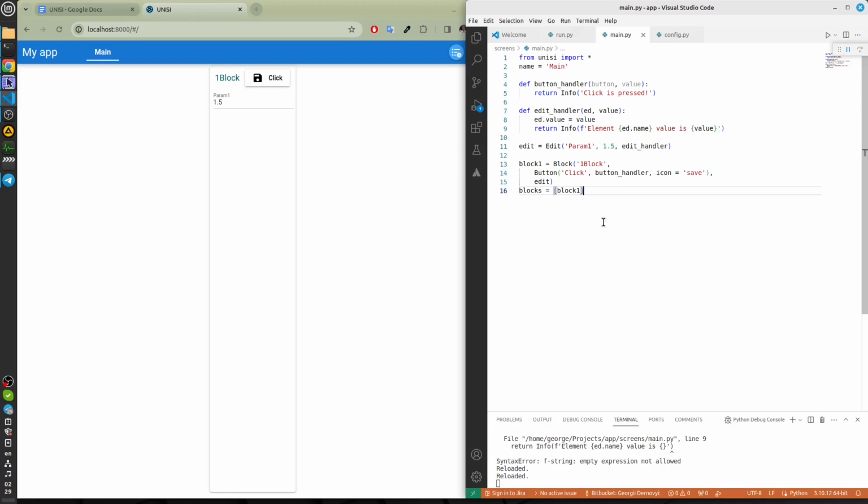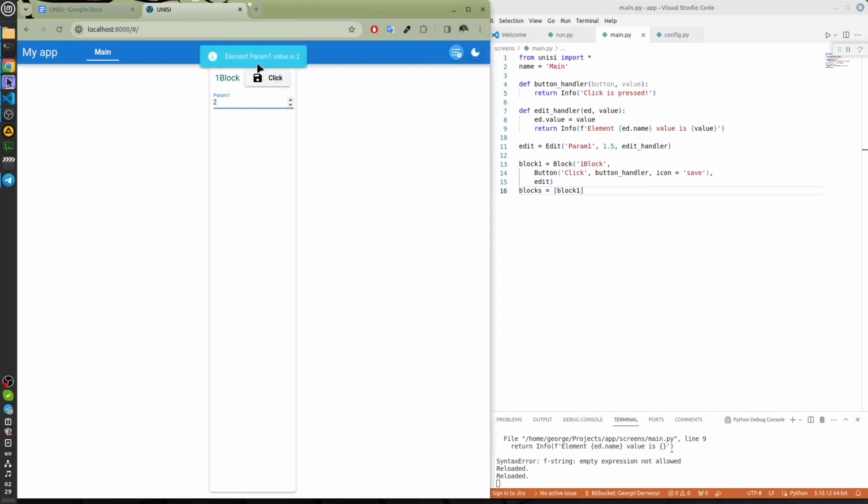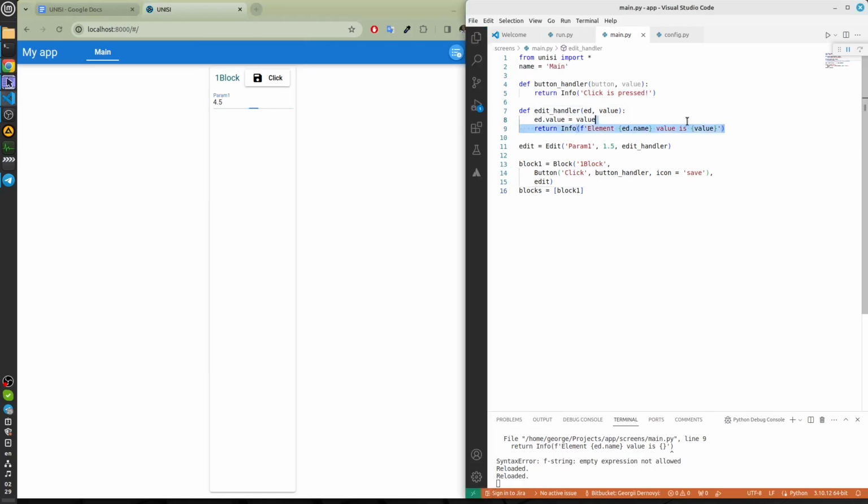Let's check. 2, 3, 4, or can print directly. The same thing, the same effect. Such a handler can be connected to absolutely any element.